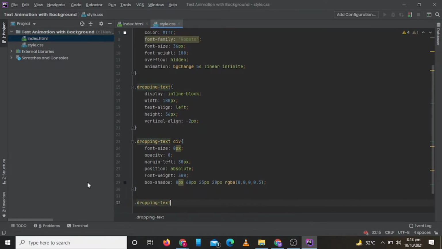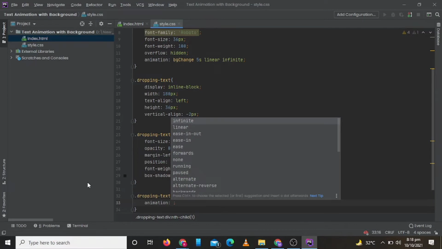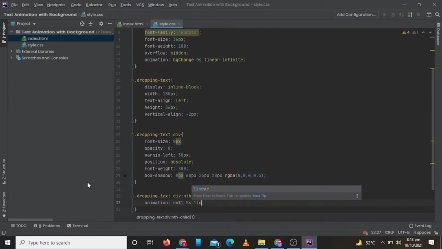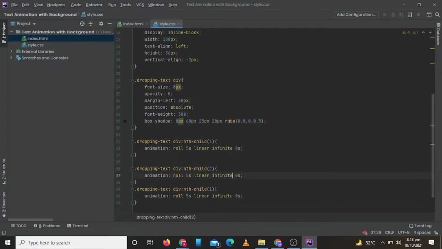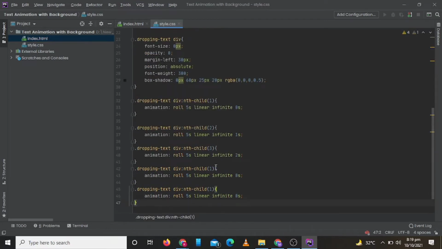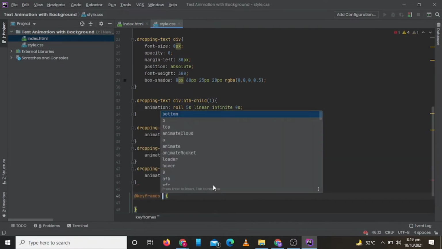Now we will write our CSS to animate our words at different intervals, by using our nth child CSS. Now let's set our keyframes for roll and roll 2.